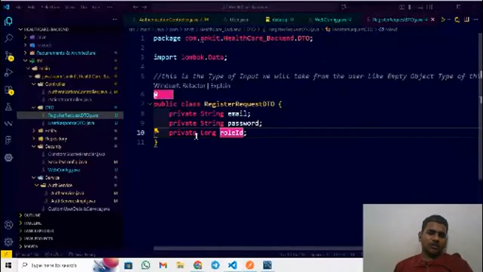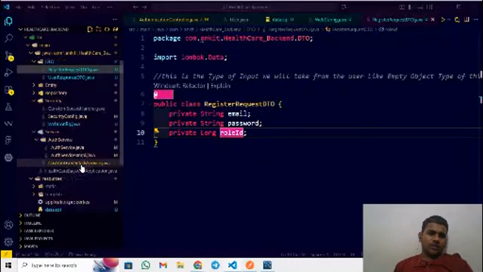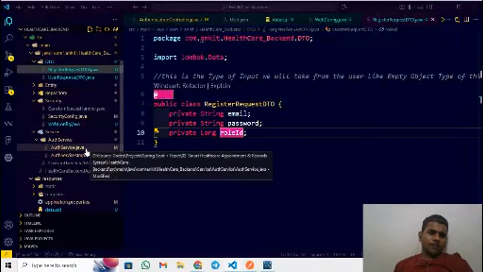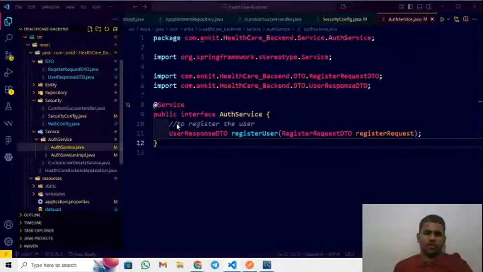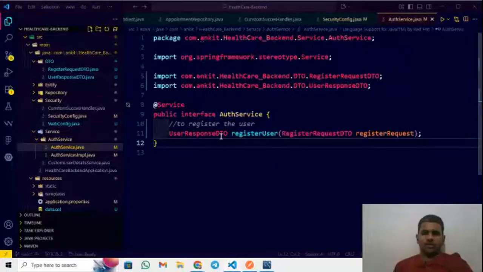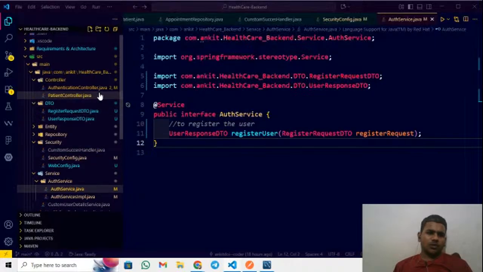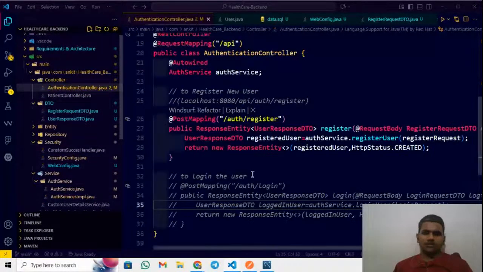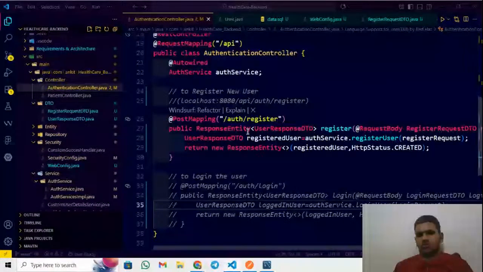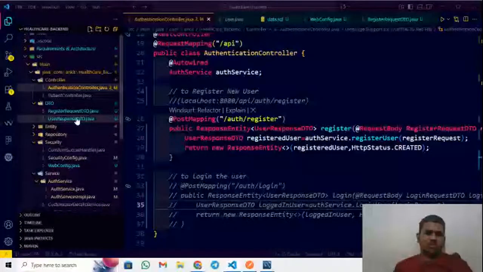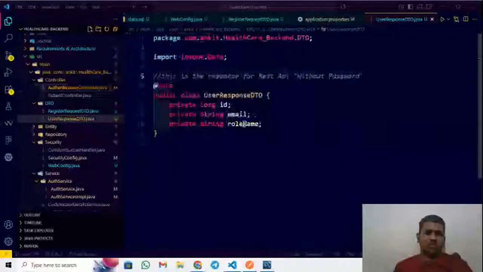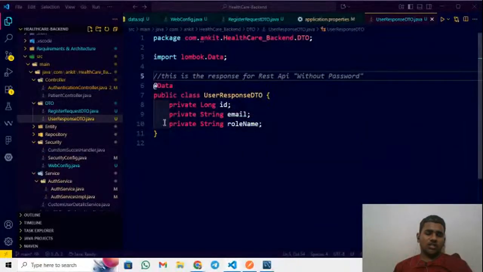We have created a DTO for the register request that holds the email, password, and role ID. By this role ID, using the backend service layer, we first fetch the role object by the role ID, then we give it to the backend service layer, where the user response DTO means it will return the user response. So first we will go to the controller. We are mapping it, it gives a ResponseEntity of user response DTO, meaning without password. It gives a role name instead of role ID as a